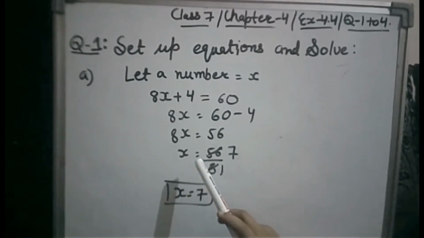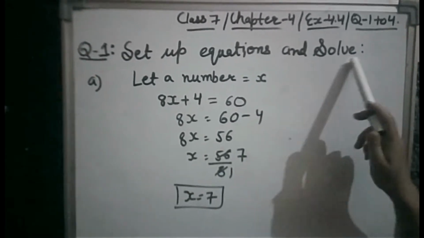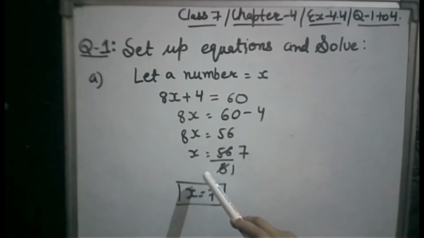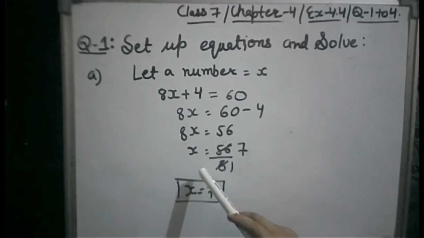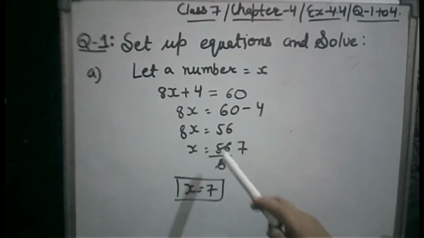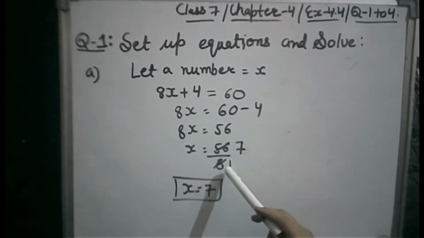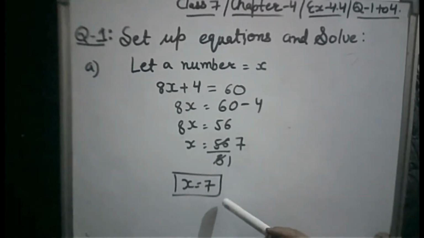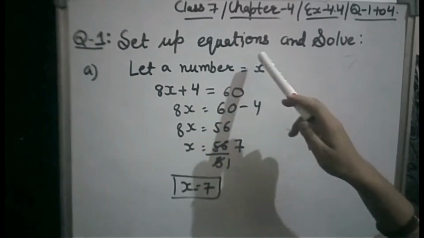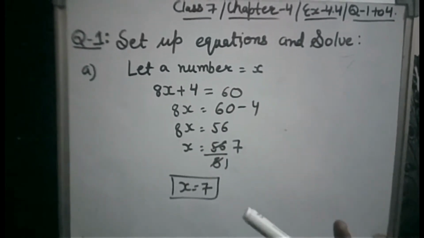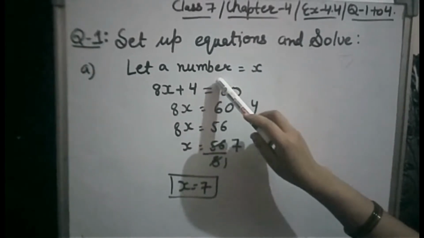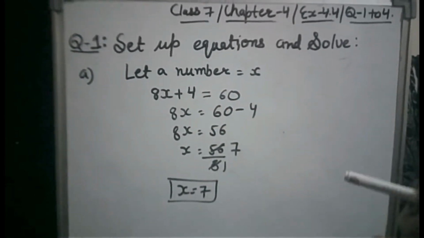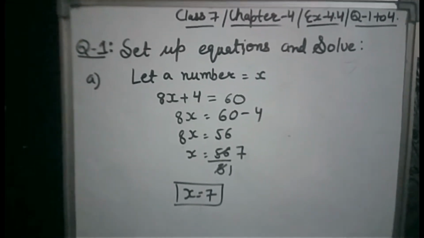Now take out the unknown term, because the question is asking us to solve, so you have to solve by finding the unknown variable. That is very simple. 8x is equal to 56. Multiplication on this side will go to division on that side. So 8 ones are 8, 8 sevens are 56. So the x value would be 7. Students, in the same equation we only have 2 steps to do. First, you make an equation from the statement, and the second, you have to solve it. Understood? Now coming to our B part.